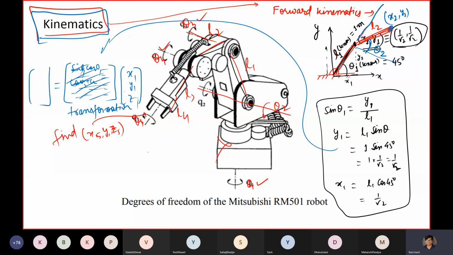If you multiply with this transformation matrix, you can actually get x5, y5, z5, and this is called knowing the final position of the end effector. If you know the theta values, the degrees of freedom, and the link lengths,